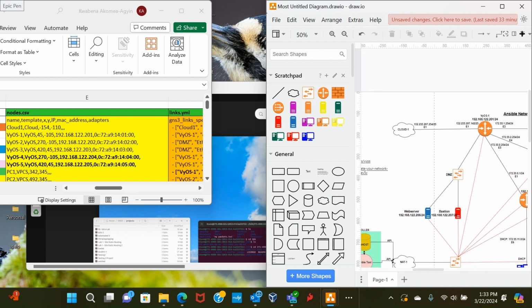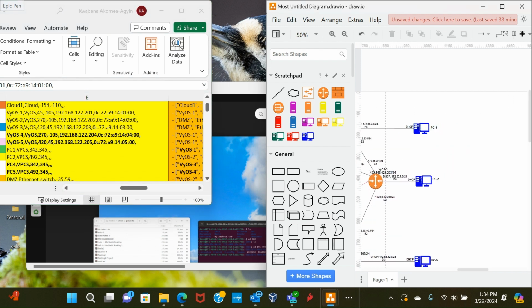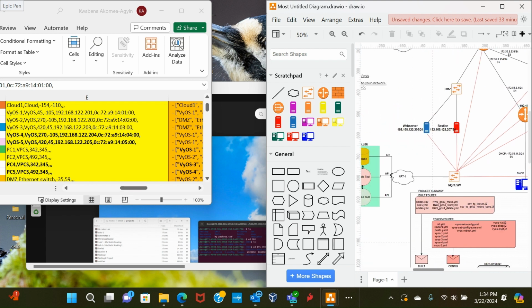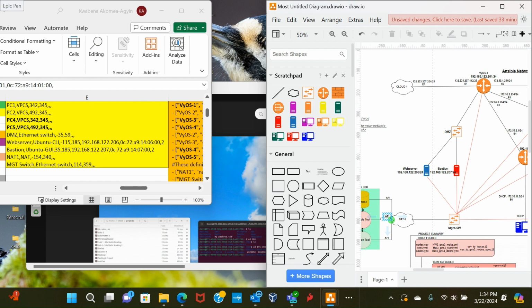So we deploy in a cloud. We have a cloud. We have a Vios 1, Vios 2, Vios 3, or Vios 5. We have four pieces we are deploying within the network, which we are going to issue DHCP to, so consider them like PCs. And then we have a DMZ, for server connectivity or demilitarized zone, which has a web server and then a Bash server over there. And then, of course, you need management to it. We have a management switch as well, and then we have a NAT connection and management switch for the management.